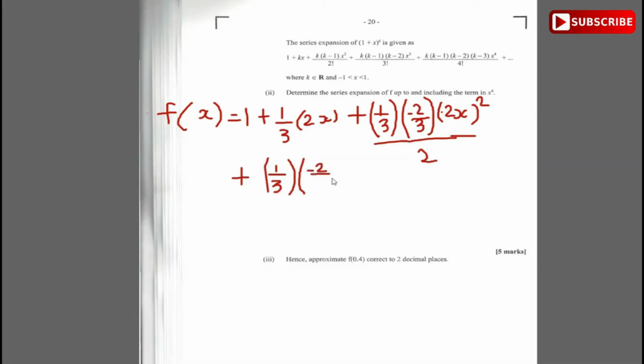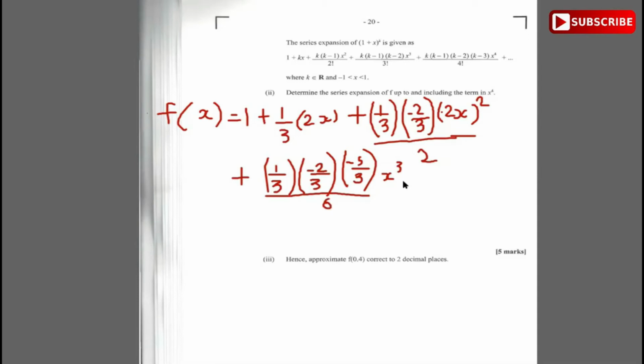And then minus 1 again is going to be minus 5 over 3. Times x cubed over 3 factorial. And 3 factorial is going to be 6